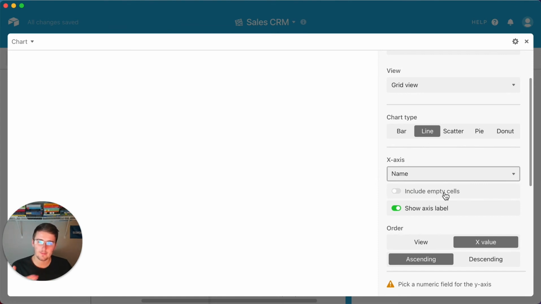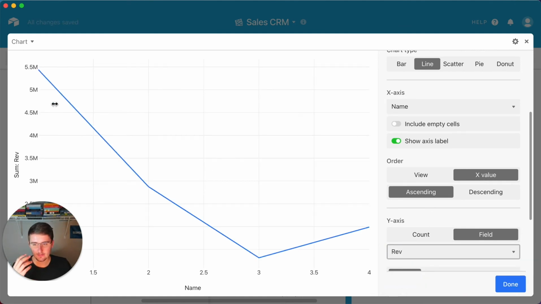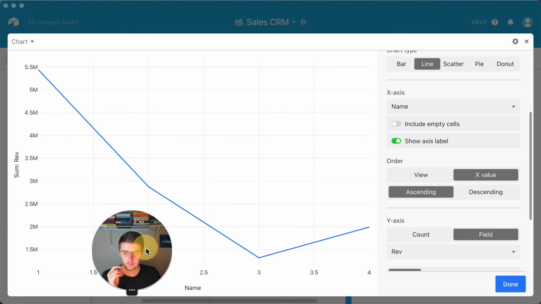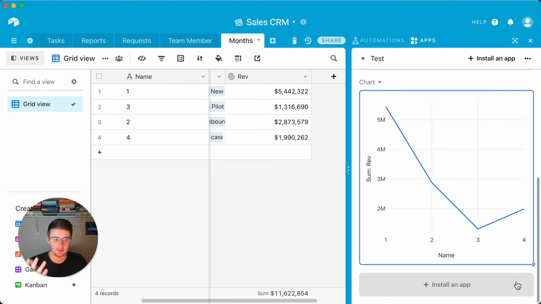because that's the primary field. That's like each month is 1, 2, 3, 4. Y-axis is the revenue. So this is really simple for us to show. So we can see this is in millions, and this starts at 1 million. So we can see we actually have a downward trajectory, which if we go back, you will understand why that is. So it's essentially a month over month sloping downwards,